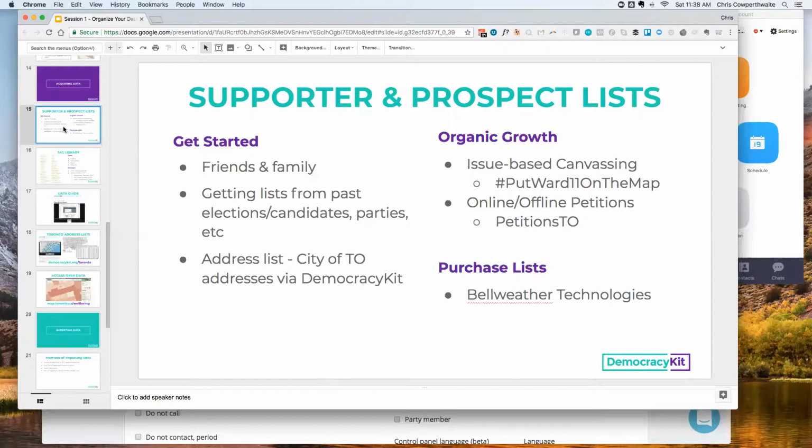This is where you use, say, a third-party petition site like Petitions.to, and if you have access to the data, you can sometimes work with a coalition of groups to actually be identifying supporters around an issue. Now there are rules that you have to be aware of in terms of using that data and expenses for your campaign and third-party advertising rules. So that's a little bit outside the scope unless there are specific questions. But that's another way you can gather data sort of organically.